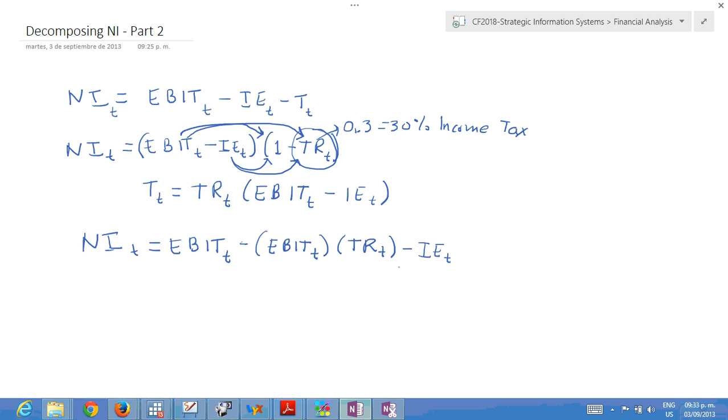Here we're gonna put positive interest expenses at time t multiplied by the tax rate at time t. This is a very interesting way to express net income. Why? Because here we can do a little bit more math. We're gonna factor